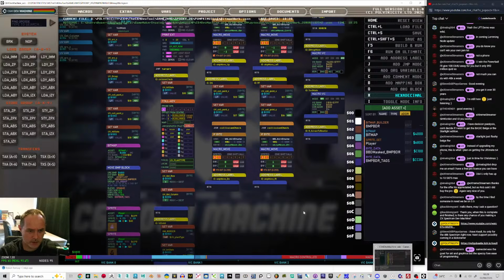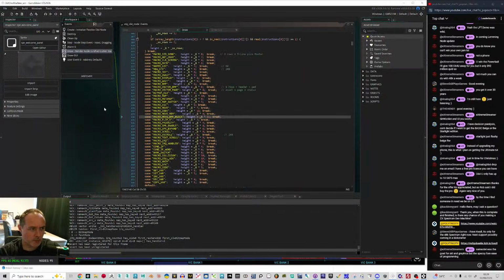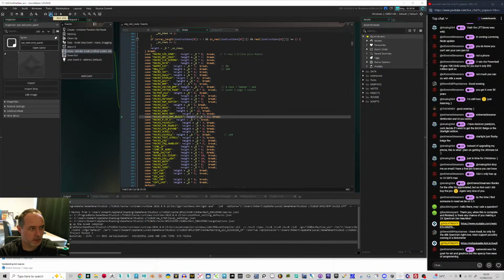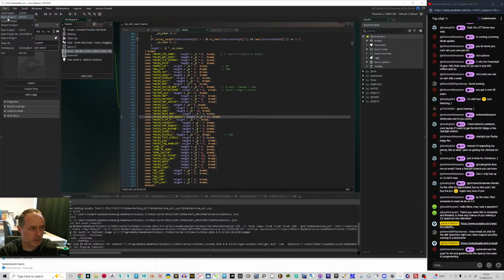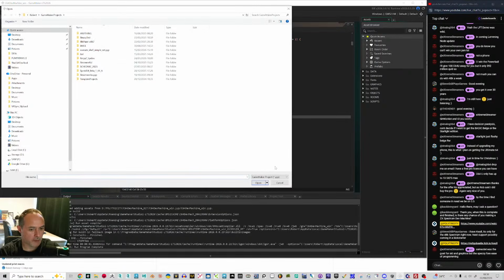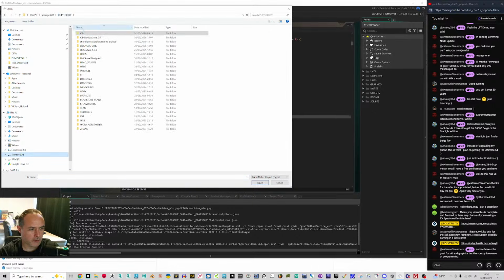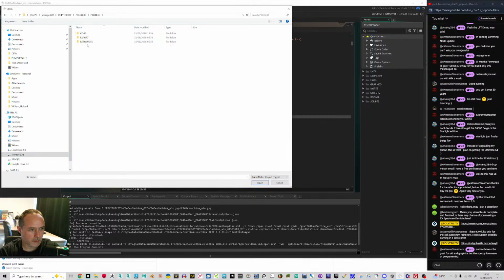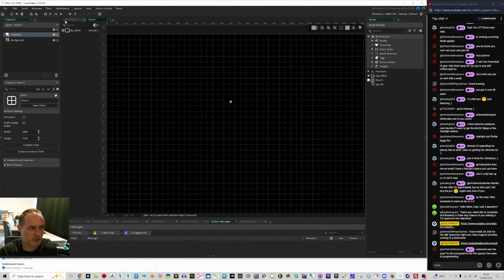I'm going to save this. I don't know why this isn't working right yet. I think the X and Y registers are getting affected by something. Anyway, I'll show you my other project if I have it here. Have I got it here? Yes. Although I do need to put it into source control, and I don't know if this is the right version. Yeah, this is what I'm working on,